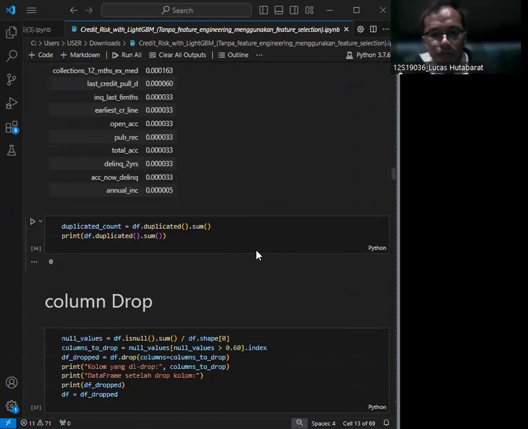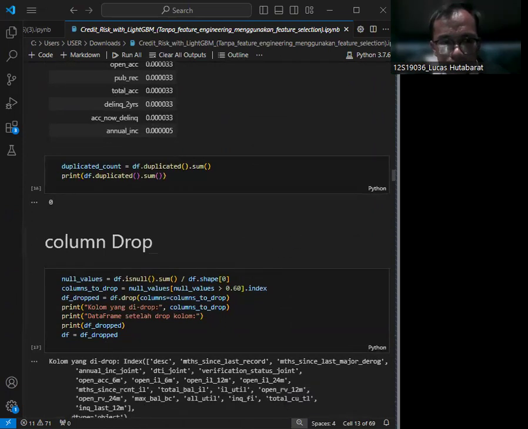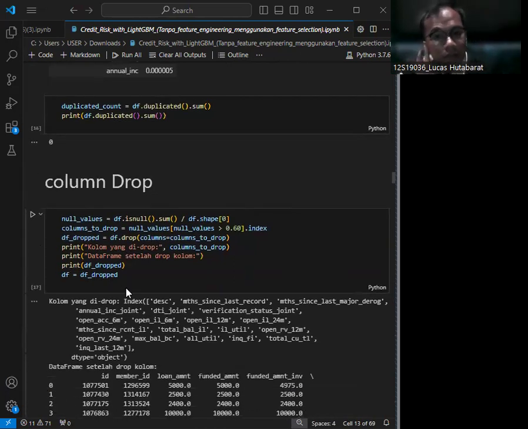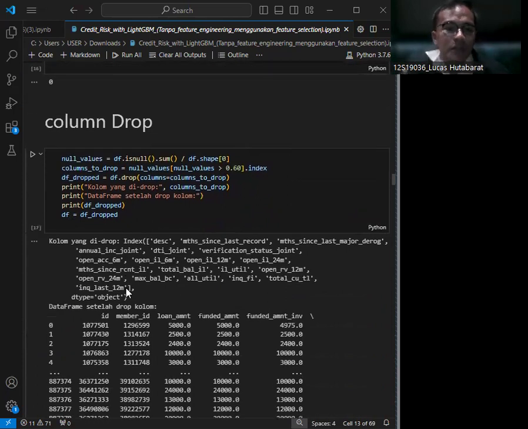And then we drop columns with excessive nulls. We drop columns with more than 60% missing values to clean the dataset and reduce dimensionality.